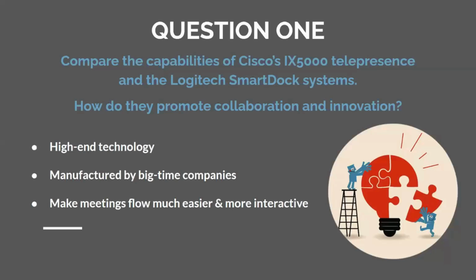Both systems depict a form of innovation. They are more complex than a TV, and you can do much more than you can do on a tablet or a smartphone. They promote collaboration by both being high-end technological systems with HD graphics, display, and sound. They were both manufactured by large companies with status, one by Cisco and the other by Logitech, which are both leading technological companies today. However, as it has to do with innovation, the Cisco IX5000 system is a more expensive